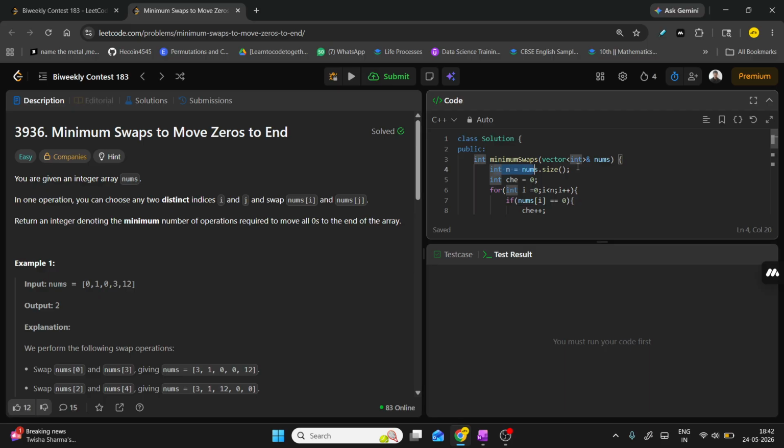See, firstly, I took the variable which calculates the size of the array, then a CHE counter which is initially 0. Then I calculate the number of zeros that are present in the array. After that, I initialize one more variable known as CNT. And if CHE, which is if there is no zero present in the array, then we will return 0 because there is no zero. So we cannot make any operations to make all the zeros at the end because there are no zeros present in the array. Okay. After that, I initialize the loop from the end to the starting,